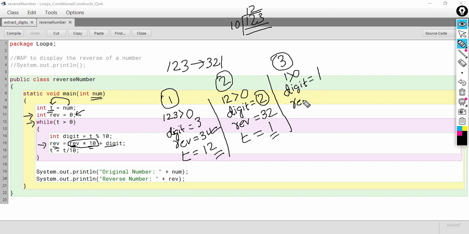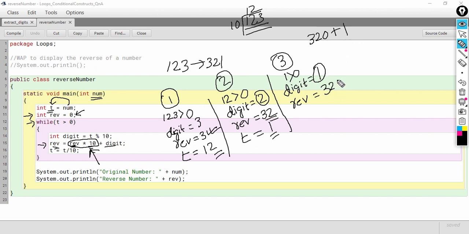Reverse this time will be reverse into 10, so the value of reverse is 32 into 10, which will give me 320, and 320 plus digit 1 is 321.